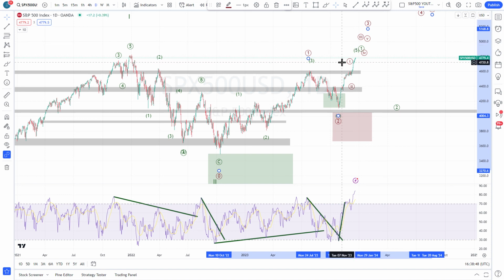For now, I will just keep the scenarios as they are on my chart, but I already shared my concerns with you. And then this weekend, I will have an in-depth look across the markets to see how everything might fit, and I will try to come up with some scenarios that I believe more in, like the scenario here indicated in green. I really start to doubt this because I don't like what I'm seeing here.